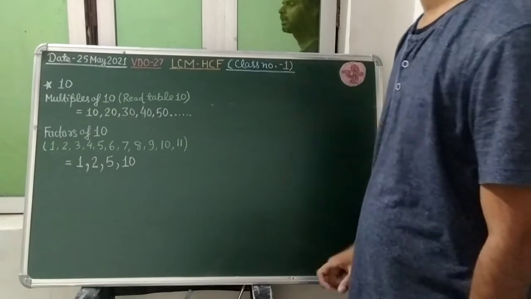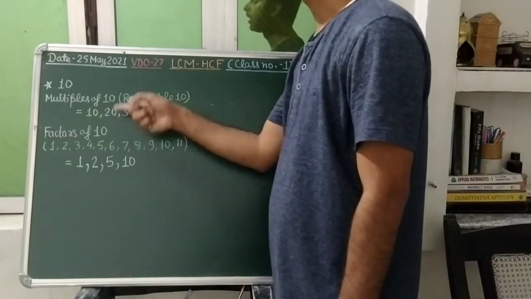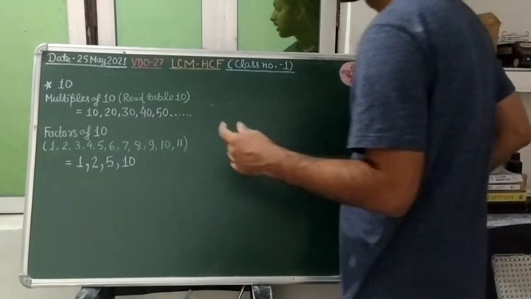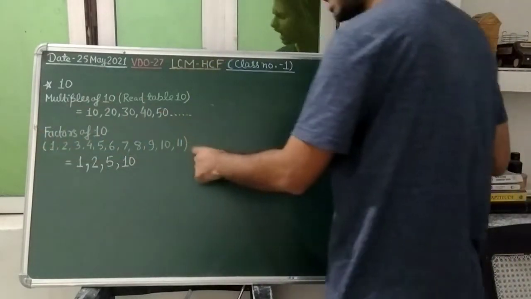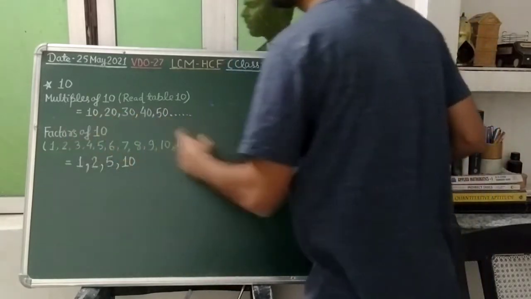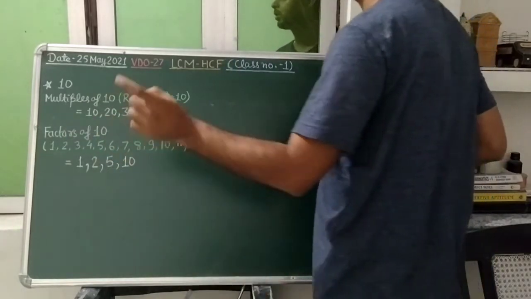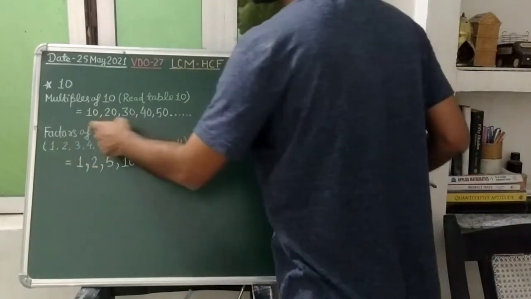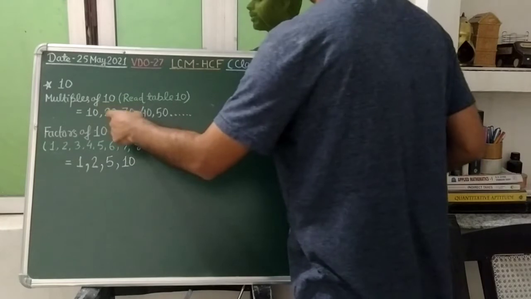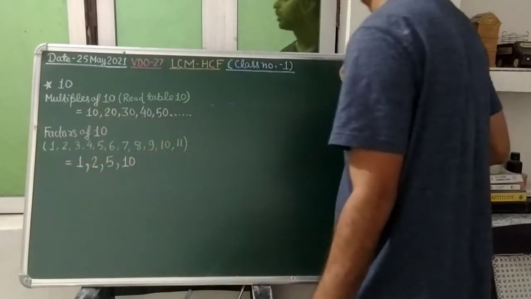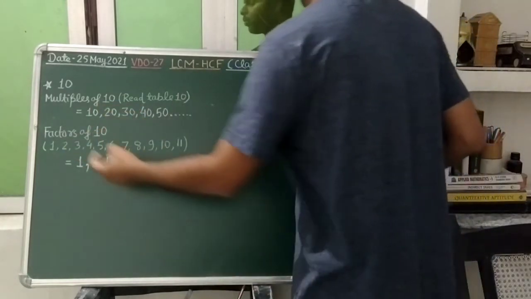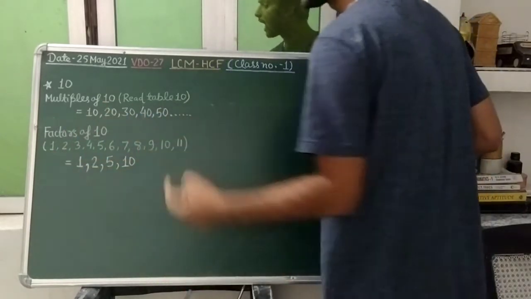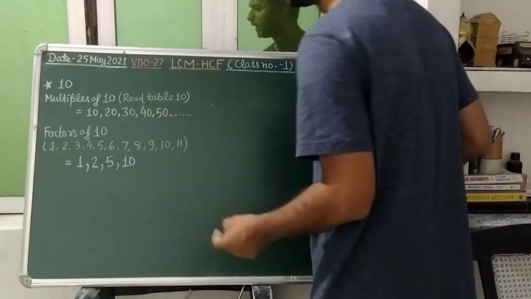And for getting the factors of the given number, here the number is 10, what shall we do? We shall check from 1 to 11 which number is going to divide the given number. So we have seen that 1 is going to divide the 10 completely, 2 is going to divide the 10 completely, but 3 is not going to divide the 10 completely. So 1, 2 will be the factors of 10. 3 will not be a factor of 10 as it is not going to divide the 10 completely.